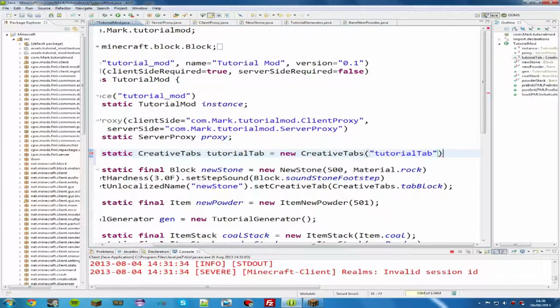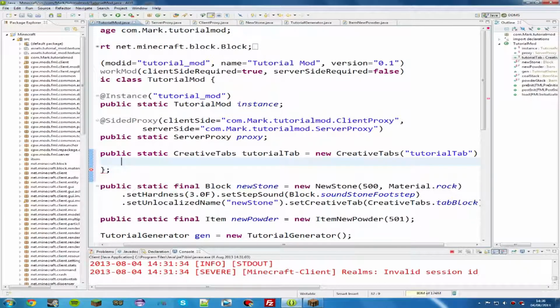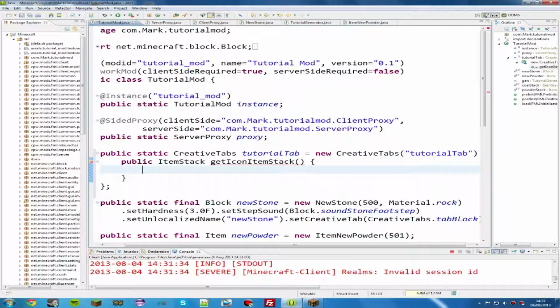Now, this is a bit different from normal. After you've put this in, you want to put a kind of inner class here. It's a bit strange if you've not done Java before, but in here you want to put public item stack, and it's a method called get icon item stack, and this basically tells Minecraft what to put as the little picture on the tab. And this is a method inside this little kind of structure here. And then you just want to return an item stack that has a picture in it. Return new item stack, and I'm going to return my